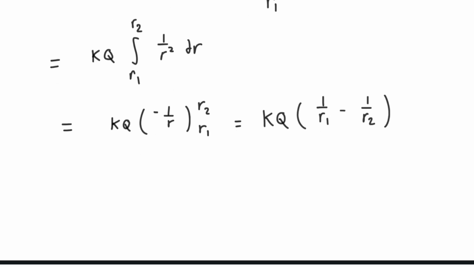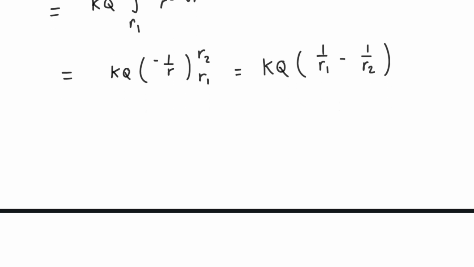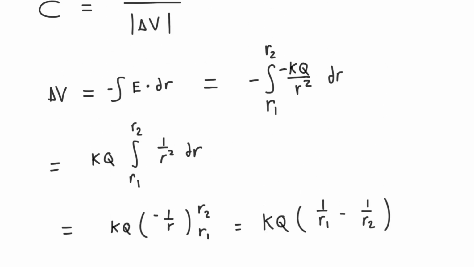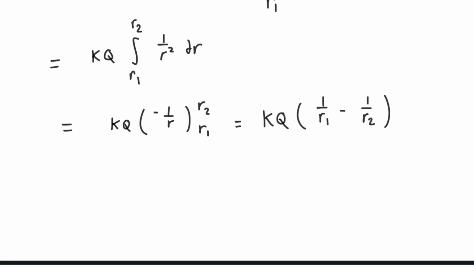And we can see that this will be a positive quantity, because the bigger number, R2, is the one that's being subtracted after division occurs. Think 1/3 minus 1/10, that's positive. All right, so now we've found potential difference, which is most of the work for capacitance, because capacitance is